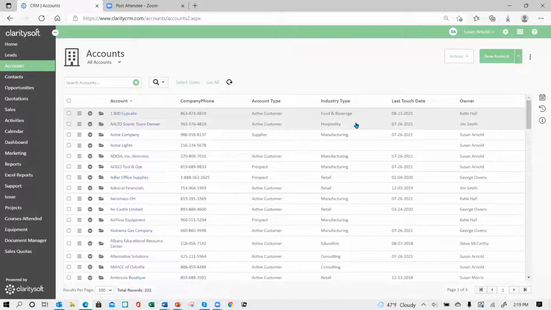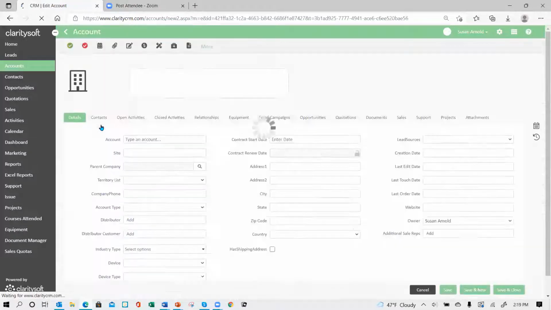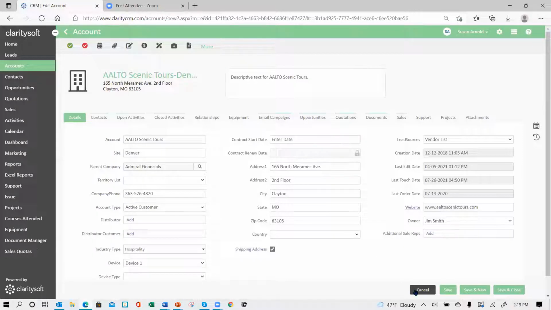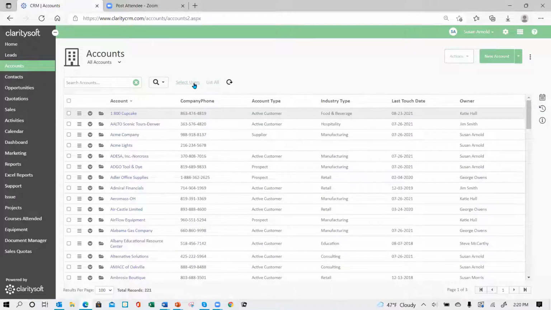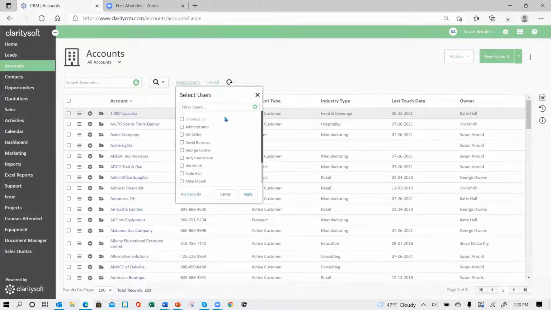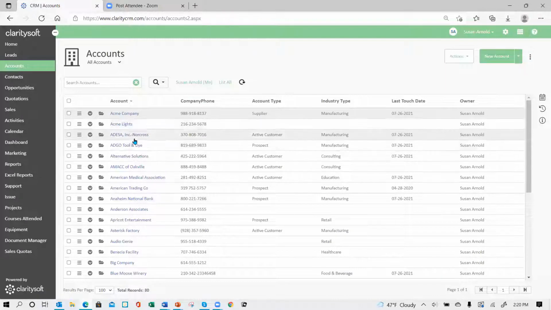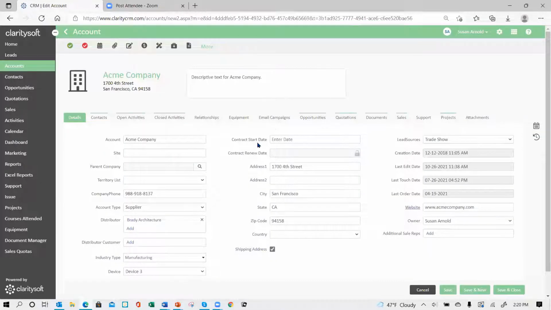Okay, so now we've got our, oh, wait a minute, let me do one, hold on. I want to make sure I do one that belongs to me because there is a method to the reason why I want to do that. Okay, so we can do this one. So here's our contract start date. So we could enter their start date